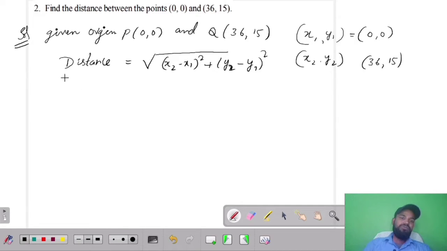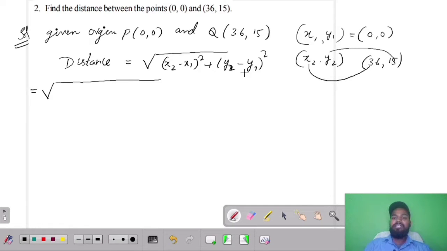Now just substitute in the formula. x2 is 36, so 36 minus x1, which is 0, whole square, plus y2, which is 15, minus y1,